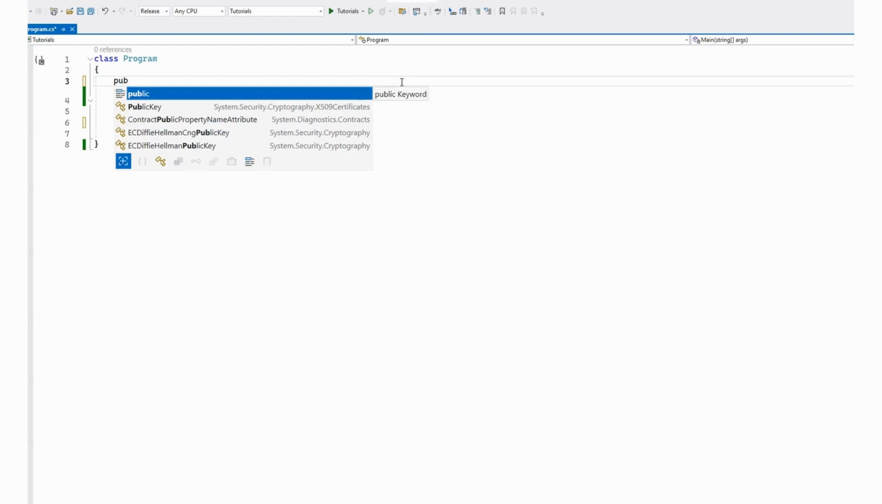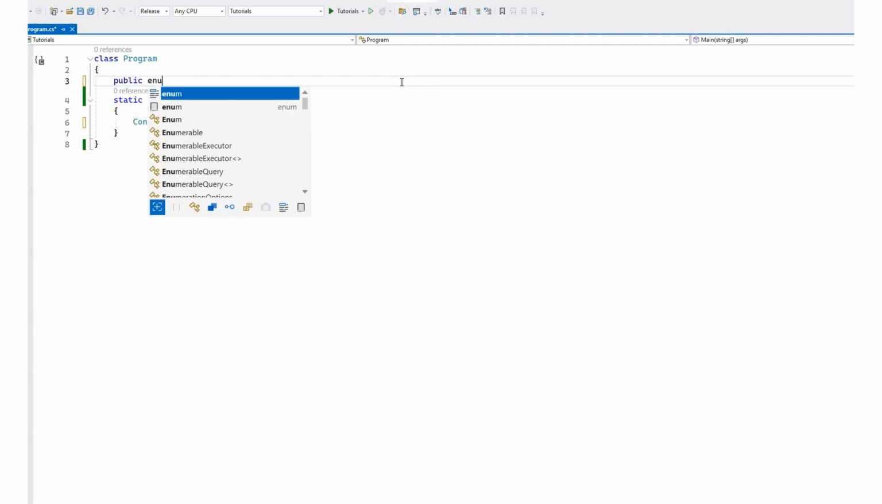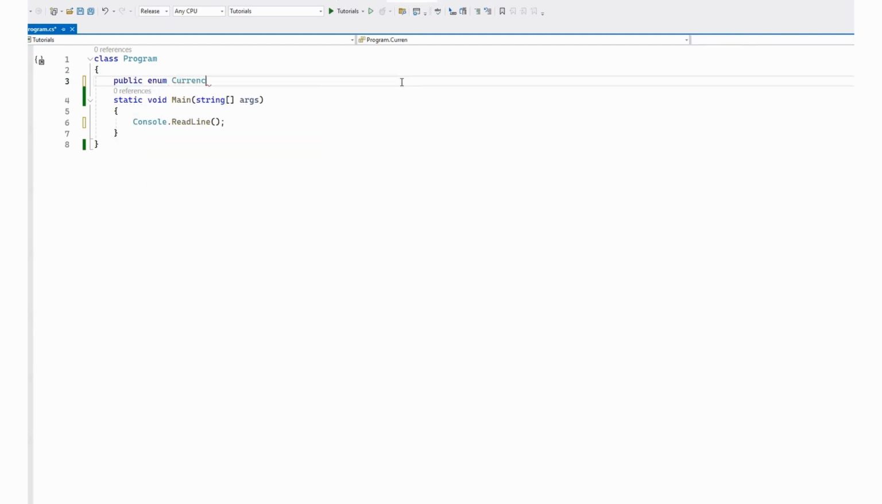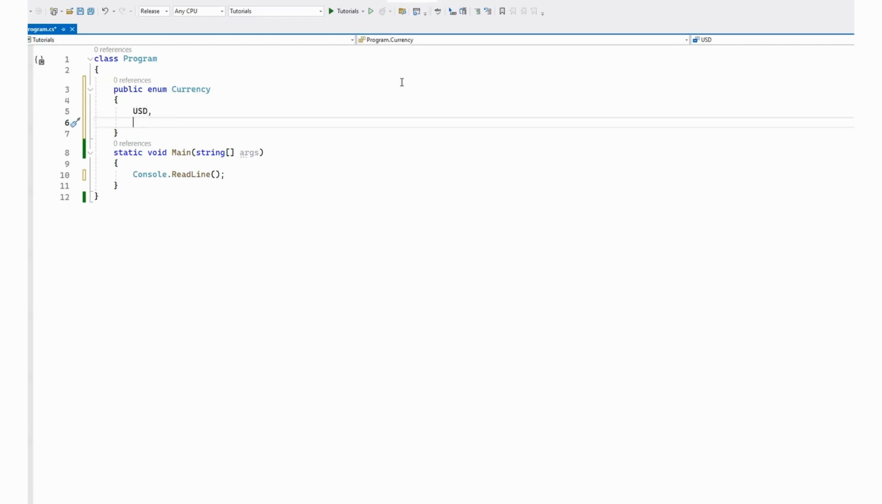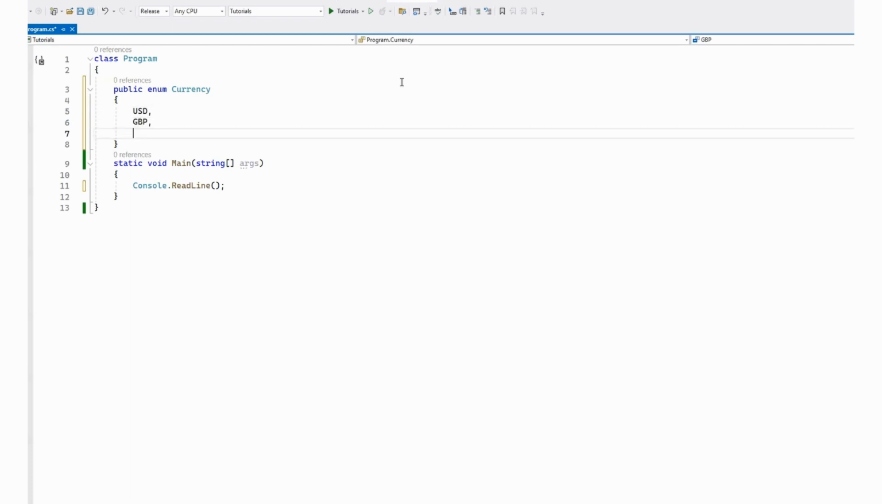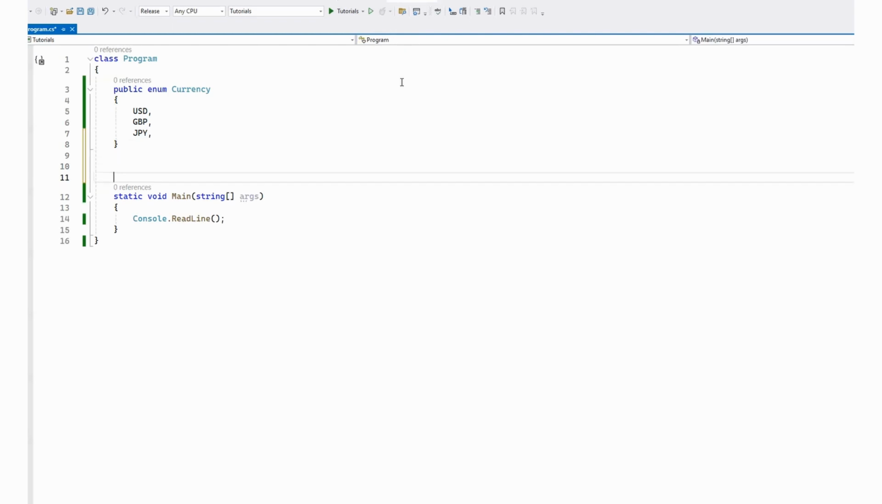So first I'm going to create an enum which is called Currency, and it has only 3 values for now. Let's make it USD, the British pound and the Japanese yen. So these are the currencies that your bank allows. These are all the currencies that the transaction can use. So we're going to use them,